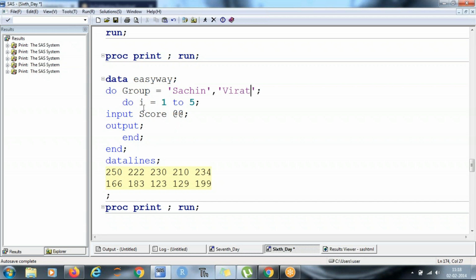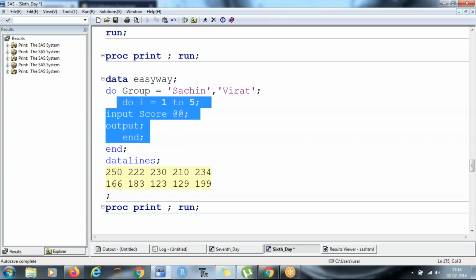Now the second do loop I am using for scores, and here I want it to run 5 times, and I am using input score with double at the rate, which means double trailing. Once you are able to read it, stop there and read it again, stop here, read it again, and give me the output and end.